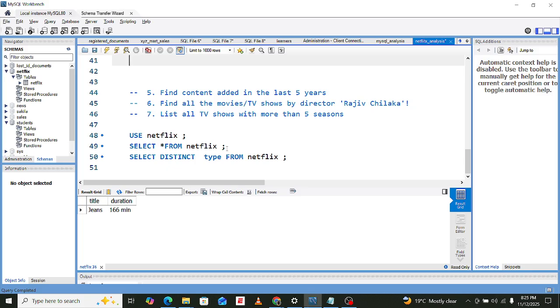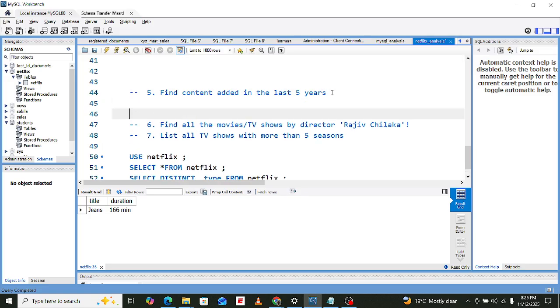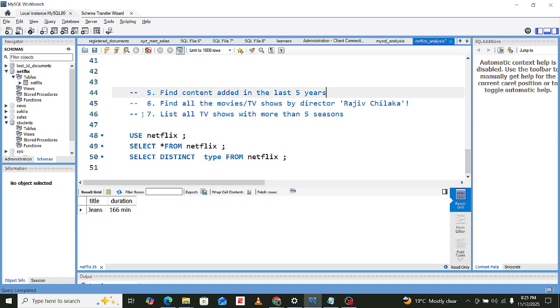Let's move to finding the content added in the last 5 years. Again, there is a lot of conversion here, and I think maybe we can continue from here tomorrow, so that we can check on the last 5 questions.